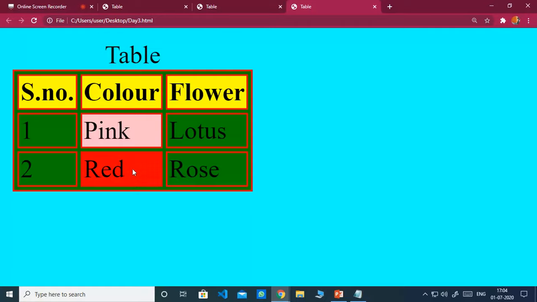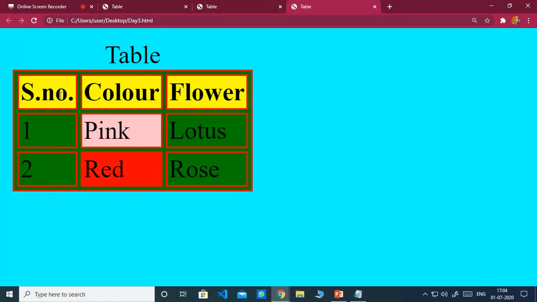Now just take an entire look. The HTML web page is in aqua color when you use BG color with the body tag. When you use BG color with the table tag, then the table color comes in green color.